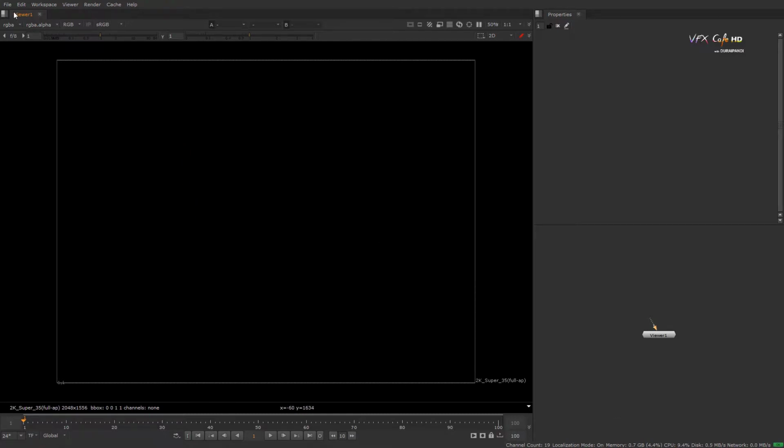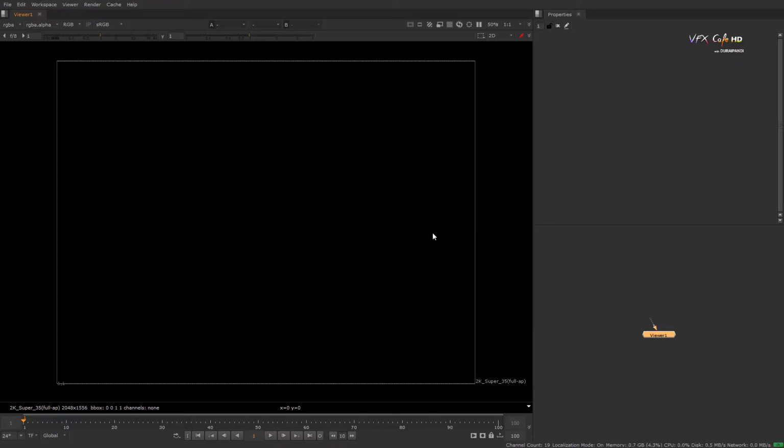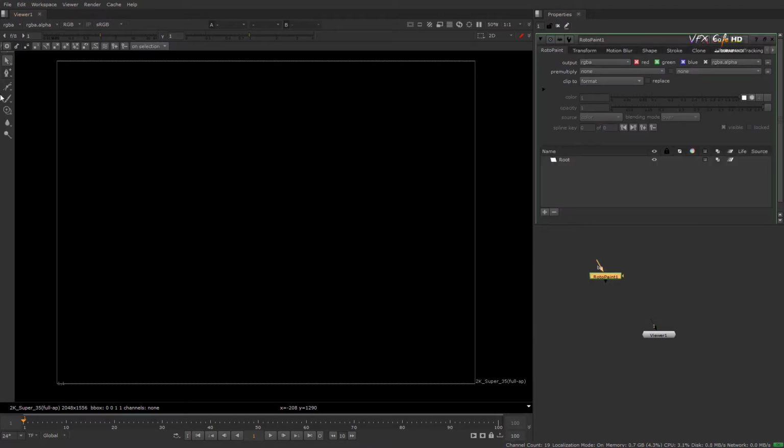Okay, now we check. I just close Nuke and reopen. See, whatever workspace we saved, that will open. If you want a toolbar like this, mostly we don't take it, we just use the Tab menu and take everything from there. Suppose I take a paint node, you get the tools automatically, and some modification functions are also given on the upper side, so there's no issue.